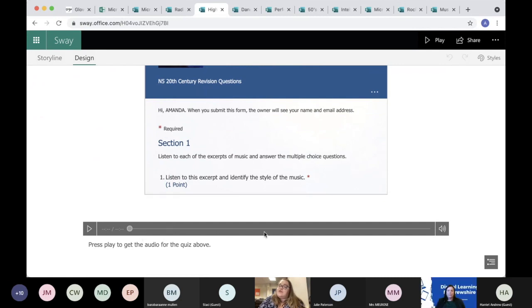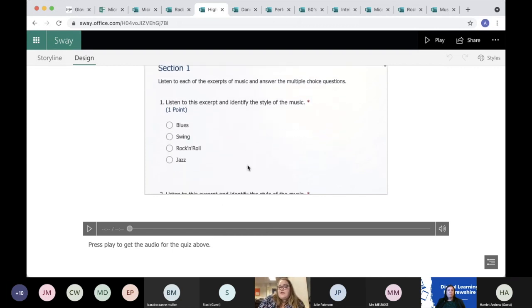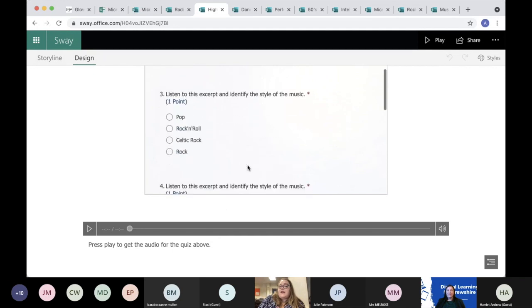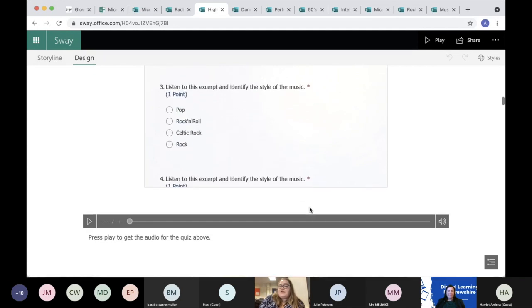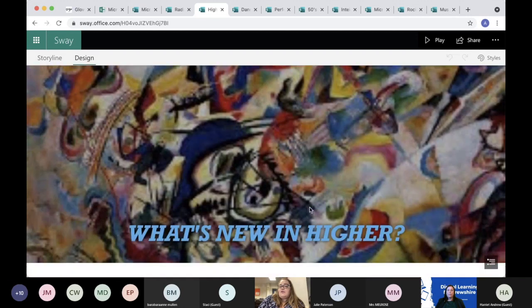Obviously for music it's a bit more difficult. Everything's got to be kind of audio based. So this has a voiceover talking them through section 1, question 1. Then it plays the music for them, and then they go through and answer their form and then submit it at the end. The results come straight to us, give them a quick preview, and then they move on